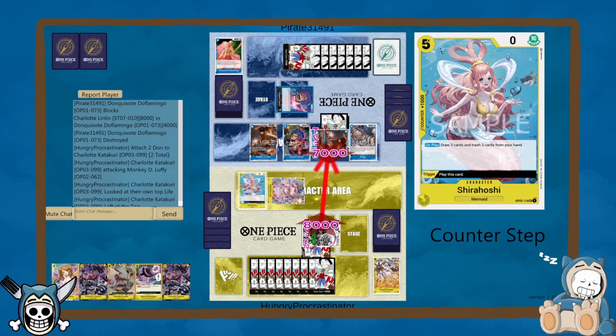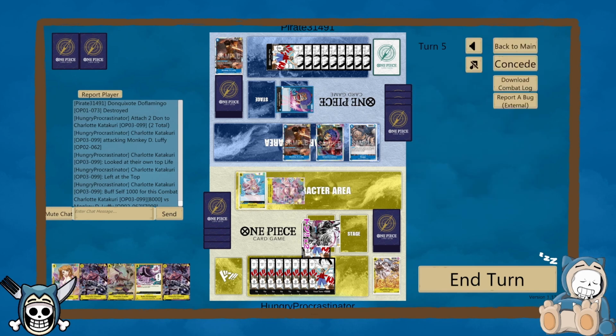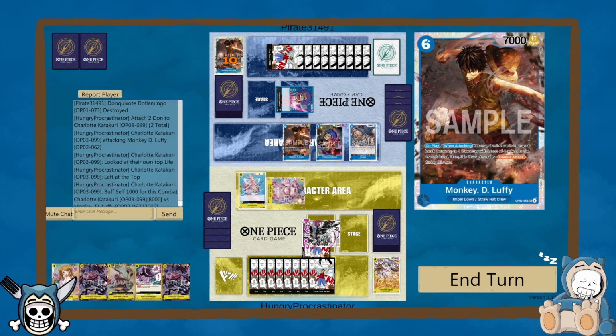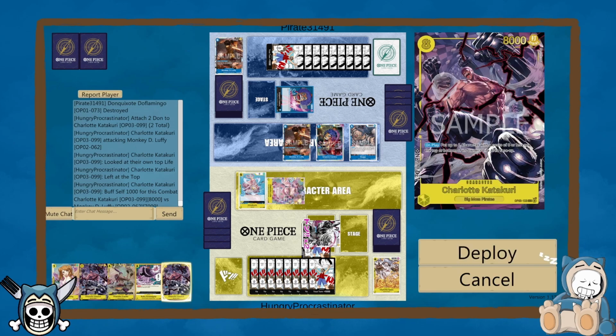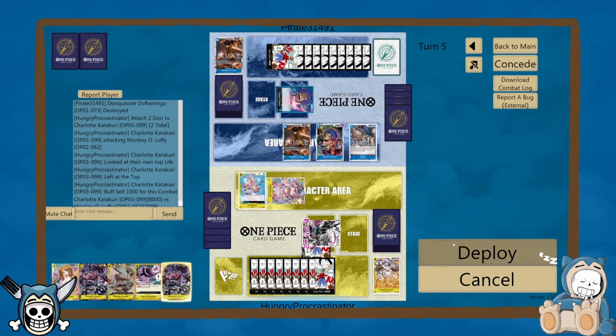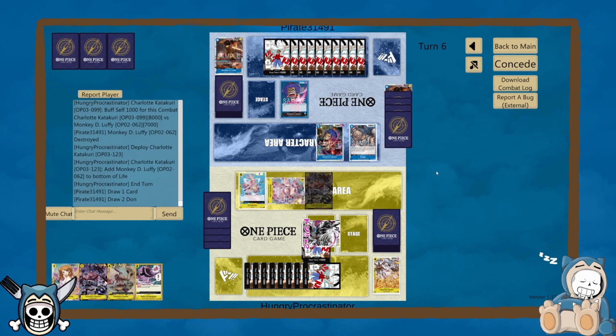So maybe alright, so he's protected the Shiraoshi. No, he let the Luffy die. So we can actually use the Katakuri to get rid of the other Luffy, put it at the bottom of the deck, and end our turn. So now we have no worries about double attack, and we have a Shiraoshi that can be very useful for us. So he's gonna do 2 attacks at most,